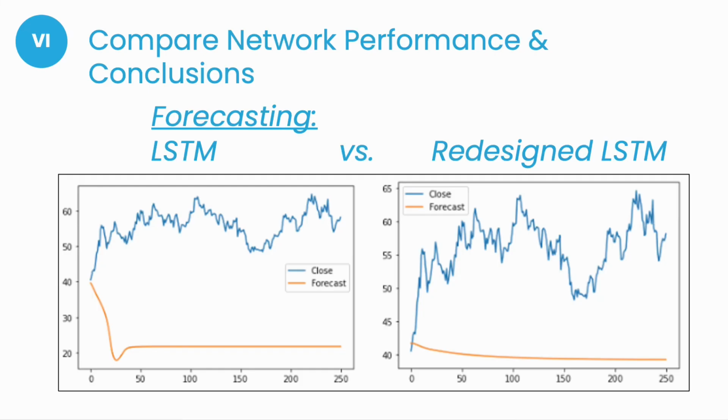There is overall improvement with the redesigned network for predicting the forecast of the future year of 2021. The LSTM's forecast dips down and back up to around $22. The redesigned LSTM has a smoother forecasted line at $40, which is 2 times better. Both networks do have challenges identifying the stock price at a finer level of detail, but the overall yearly average